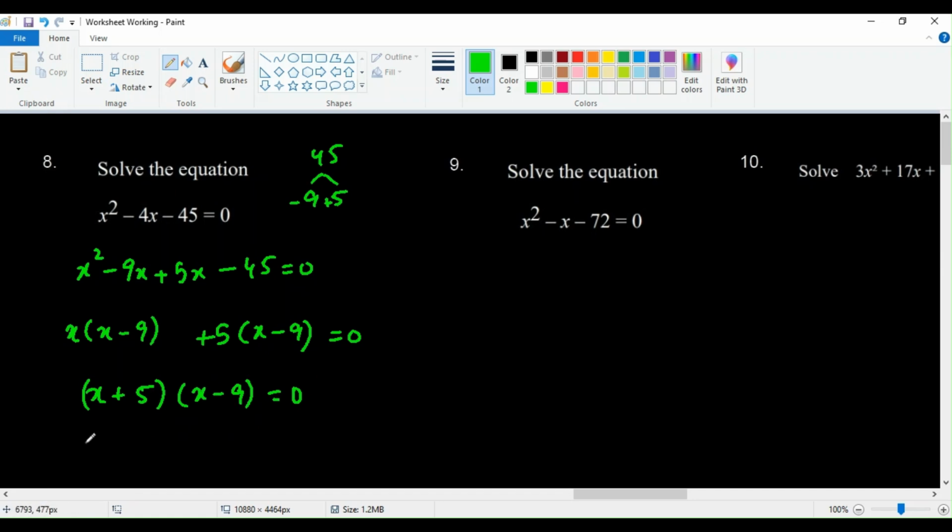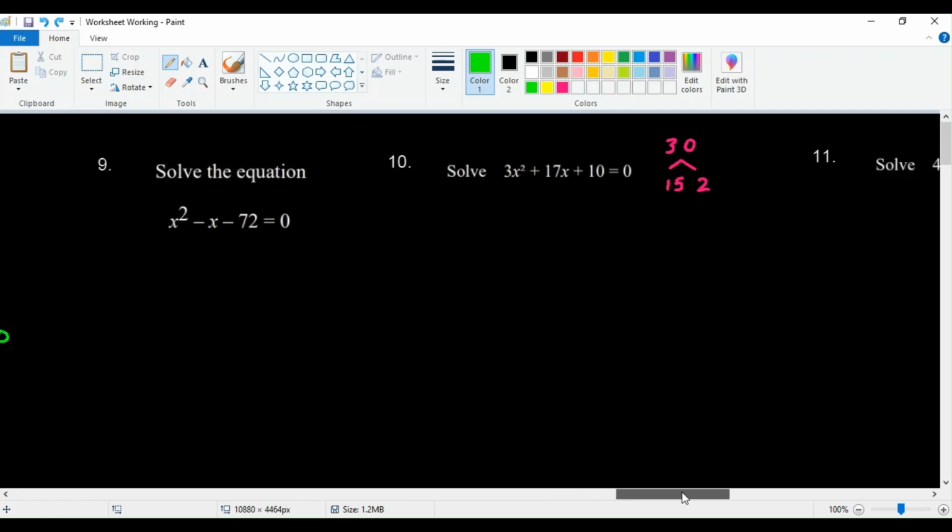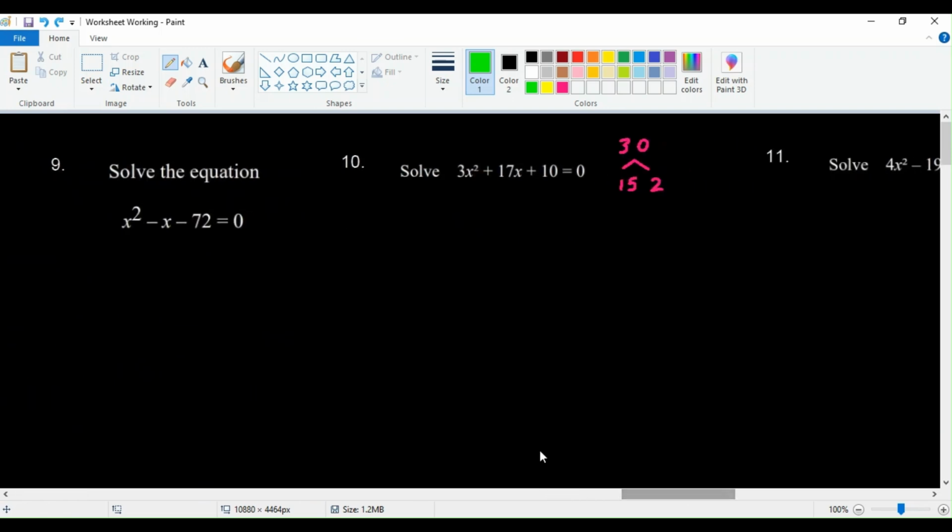Now once you further simplify, x is going to be negative 5 and x is equal to positive 9. If you solve till here, because it's saying solve the equation, it means you need to find out the value of x. When it comes to question number 9, as you can see here,